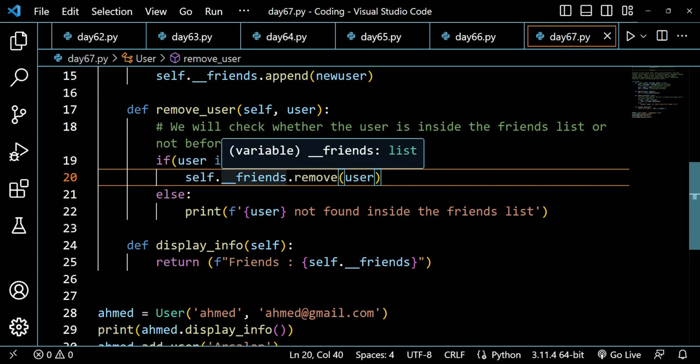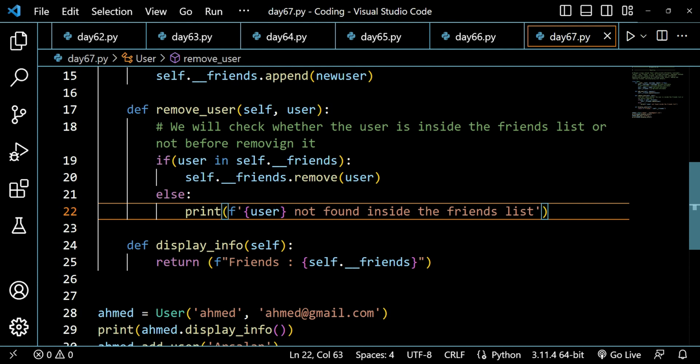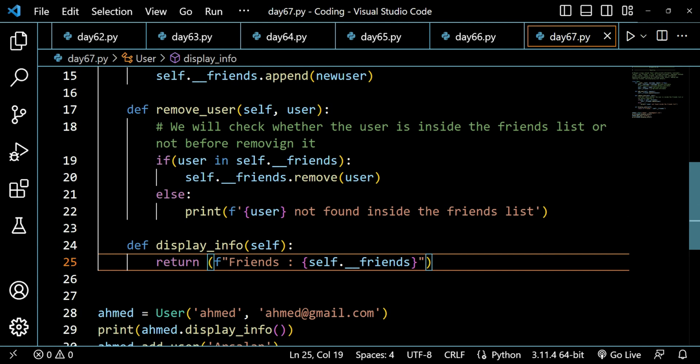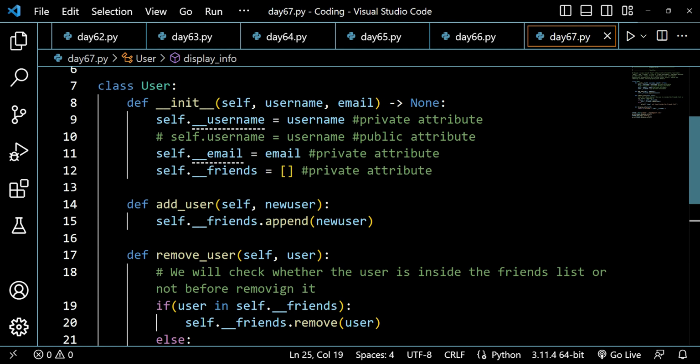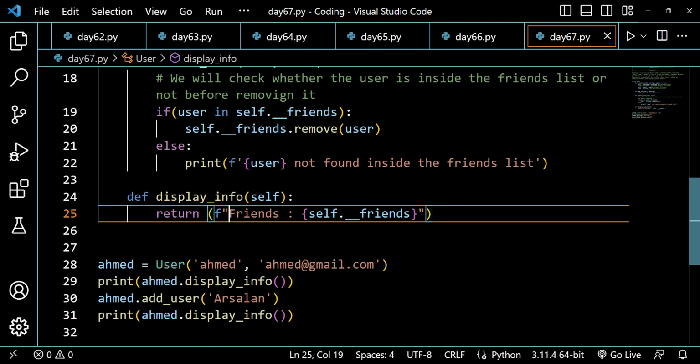Now we have created a method that will be removing my user from the friends list, and I've also created a method that will be displaying info. However, we have to add two more things, that will be email and our username. So I can just pass a single string here that will be concatenating all the three attributes. So first of all, friends list, this will be my friends list,